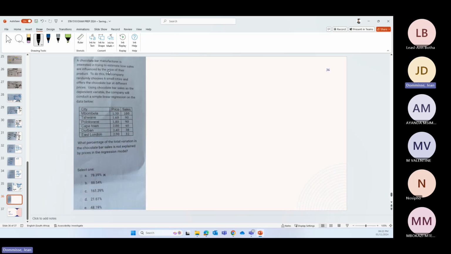So a chocolate bar manufacturer is interested in trying to estimate how sales are influenced by the price of a product. To do this, the company randomly chooses 6 small cities and offers the chocolate bar at different prices. Using chocolate bar sales as the dependent variable, the company will conduct a simple linear regression. What percentage of the total variance in chocolate bar sales is not explained by the prices in the regression model? Okay, so this one,